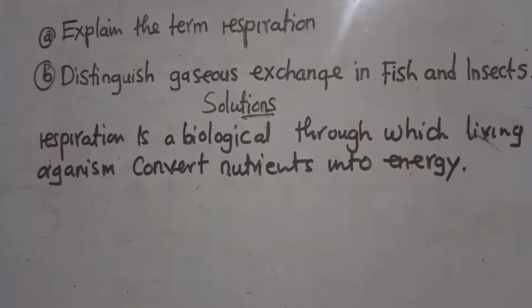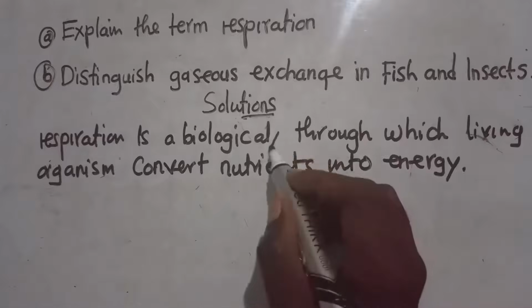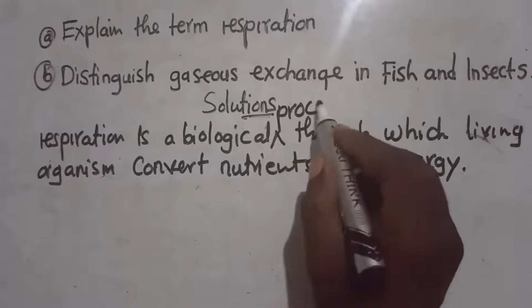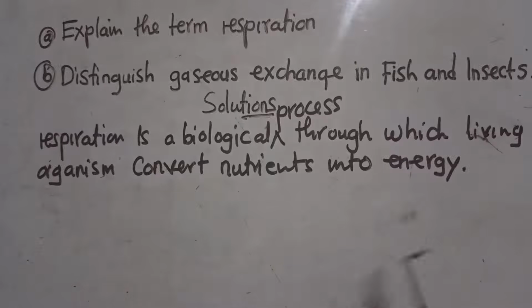We've got a lot of definitions that you need to understand. I guess you are also having another different definition, but in this particular lesson we are going to go with this one. You just need to understand that respiration is a biological process through which living organisms convert nutrients into energy. It is essential for maintaining life, and this occurs in two forms, which takes us to two types of respiration.